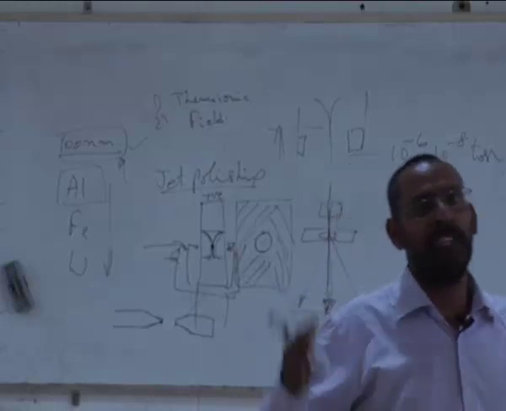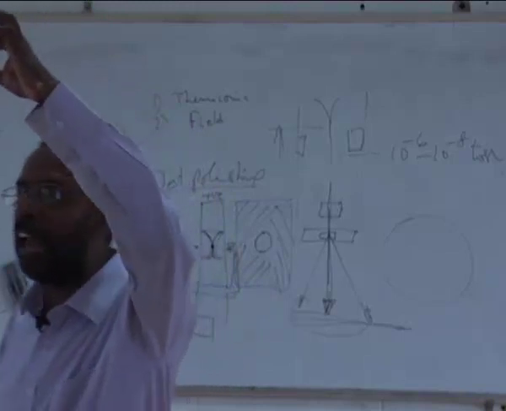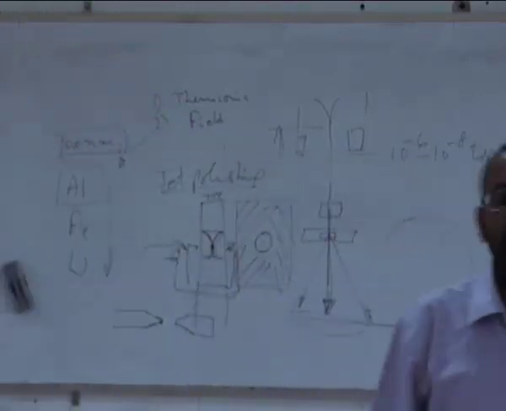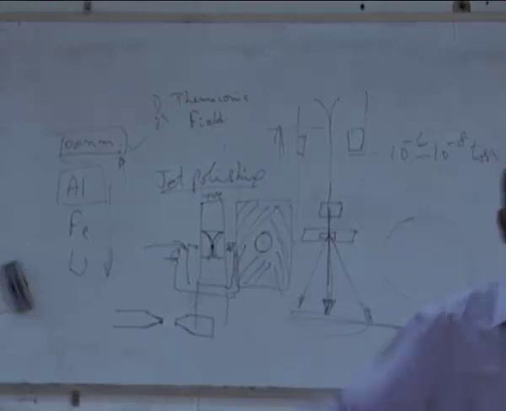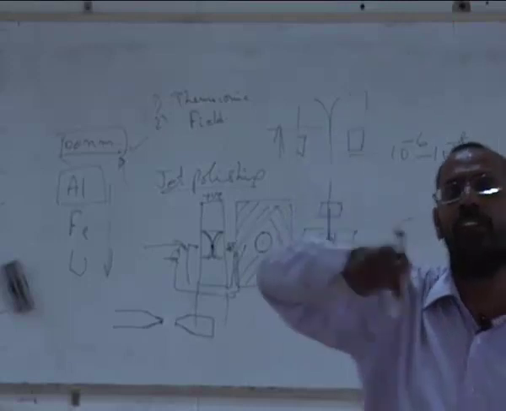Electropolishing is based on a principle that your sample you can make into an anode, and your container you can make it into an electrolyte, you can make it into a cathode, and the circuit has to be completed. When will the circuit get completed? Only when your sample is conducting.